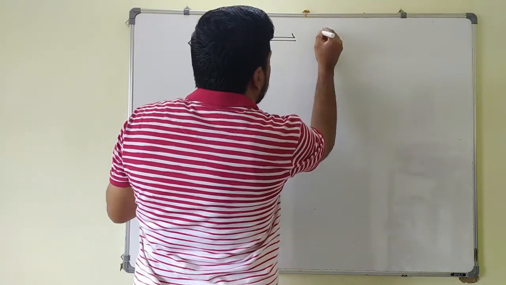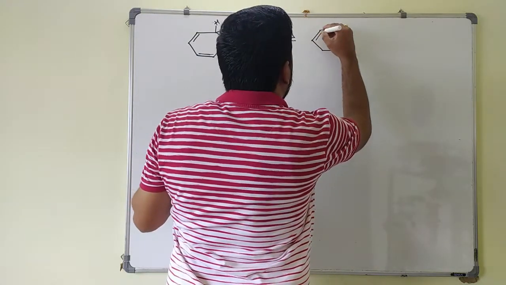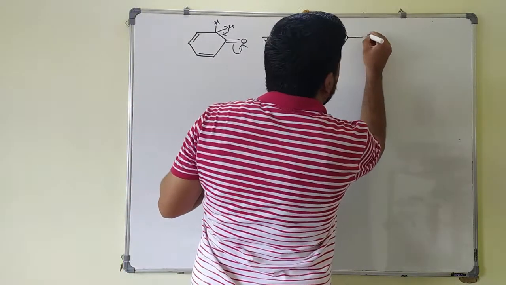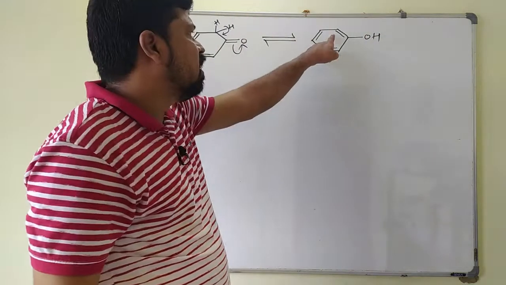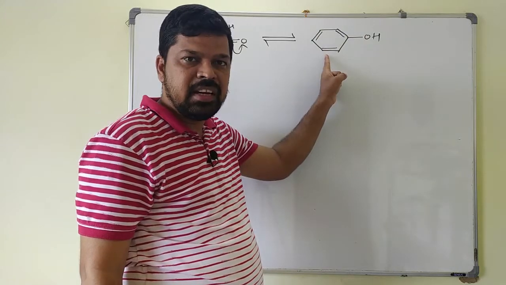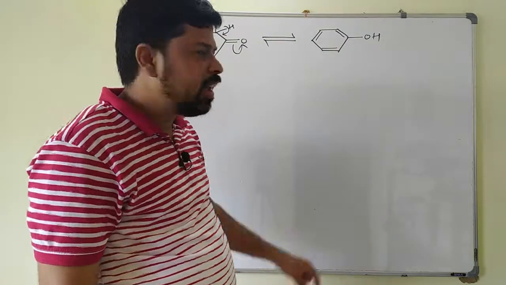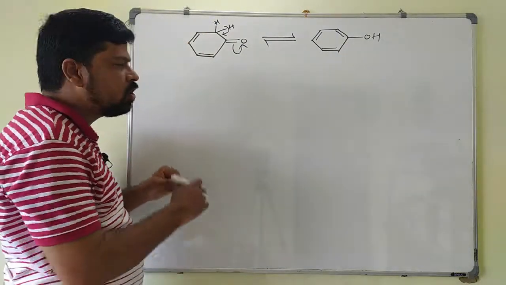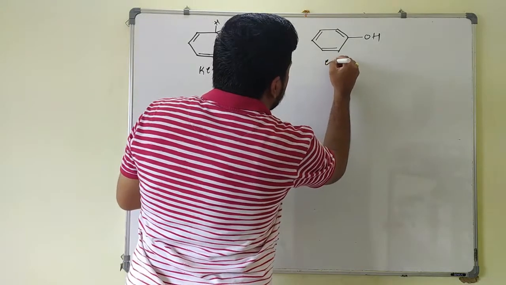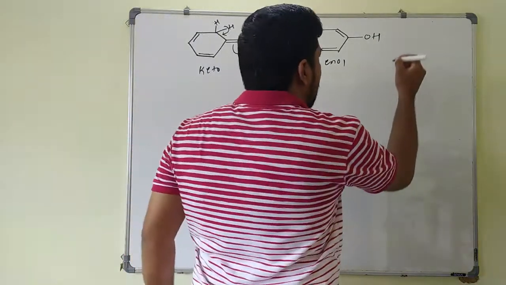So here we will get alternate double bonds like this now. This double bond stays as it is, and here you will get another new double bond, and this becomes OH. Now see here, the enol form. Is it a cyclic conjugated system? It will be a benzene ring, an aromatic ring is there. So the enol form is forming an aromatic ring. In this case, the enol will be more stable than the keto form. So again this will be the keto form, and this enol is more stable than the keto form due to formation of the aromatic ring.